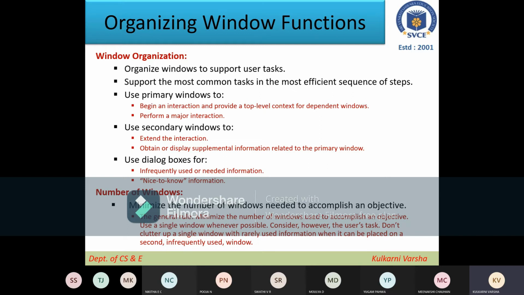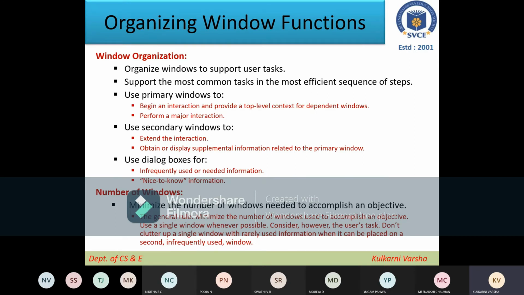You will have some menu options on the top, one working area, and on the left side something from which you can select, right? So there will be a fixed kind of task on every screen, on every window. That means we are designing the windows to do some specific task which will be helpful for the users whenever they want to work